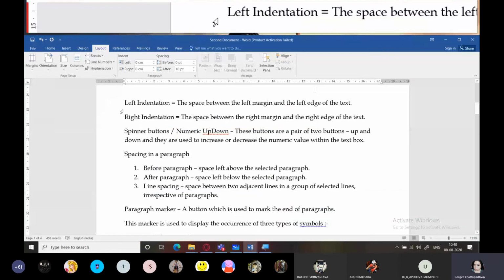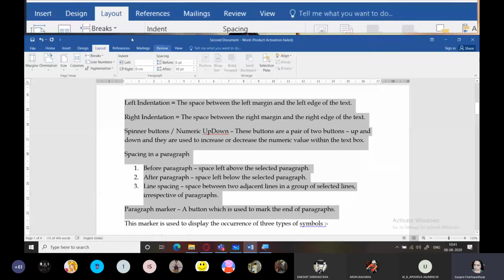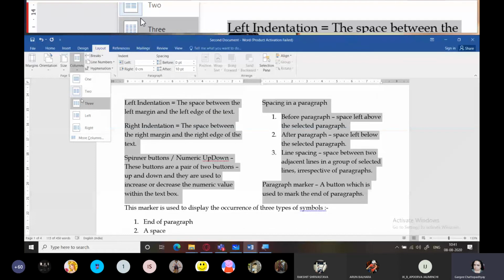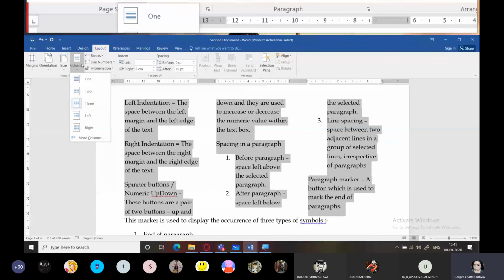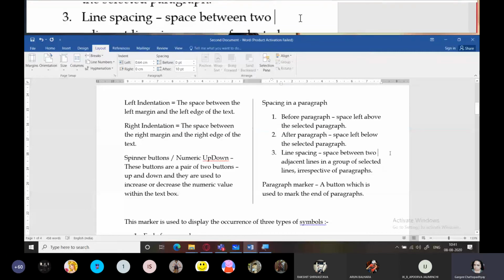How? Select all the text which you want. Suppose I want only this much text. I will select this. I will go to columns and select 2. So now it appears in the form of 2 columns. I can also set it to 3 columns. I can also go to columns option and I can set a line in between. So it will appear in this way, that is with a central line. Understood? So this way you can also divide your text in the form of columns.